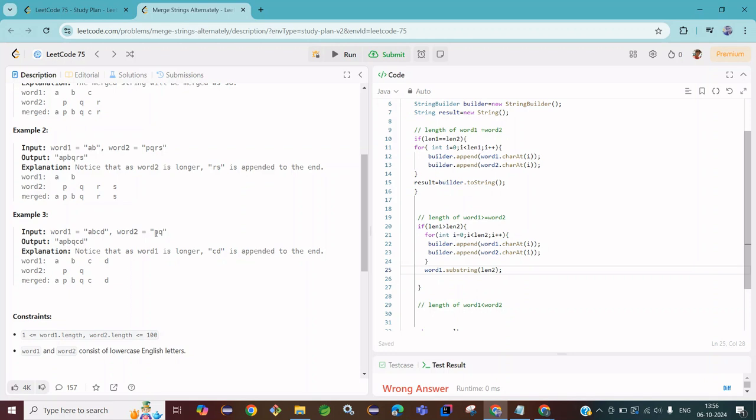That means if you're taking length 2, the size of word 2 is 2. So our substring will start from here: 0, 1, 2. We have C and D, so we have to take our substring from C. If you take 2, then it will take from C and D, so it should be 0, 1, 2. So here we are taking length 2, and then